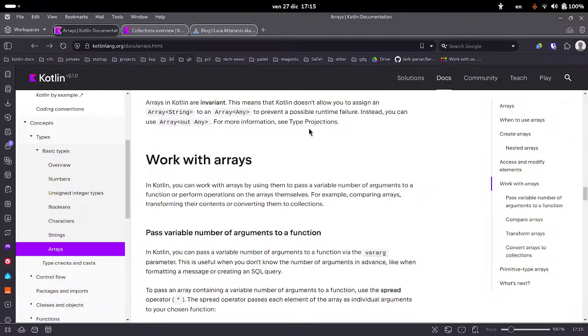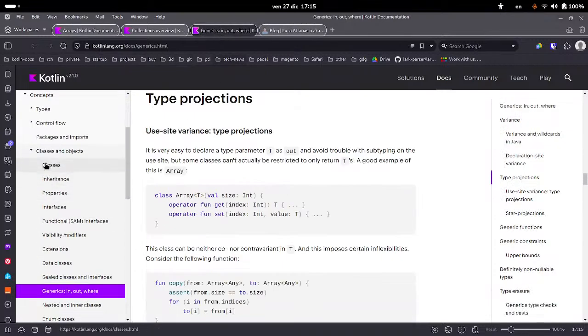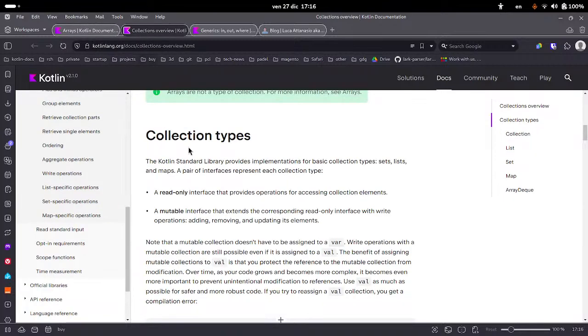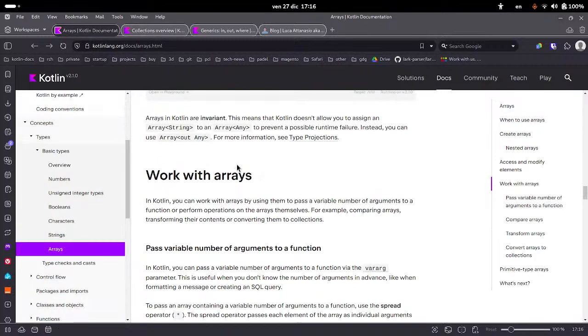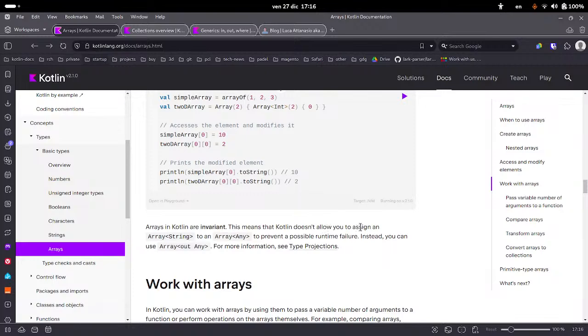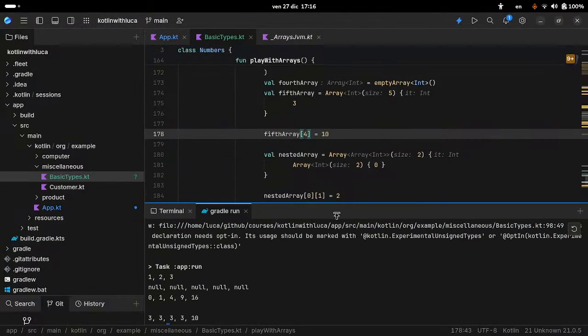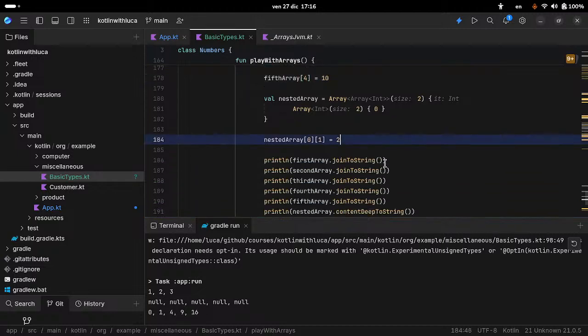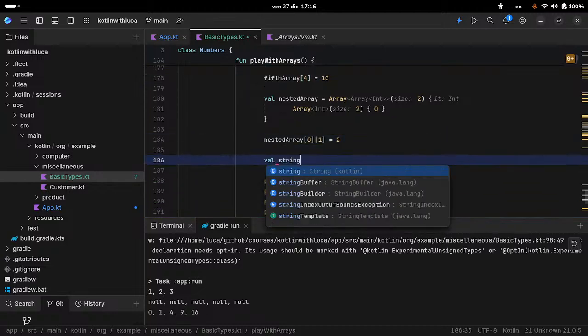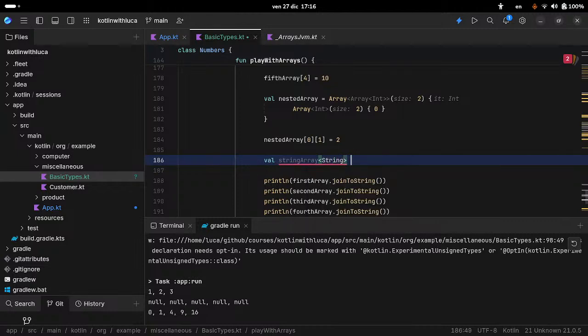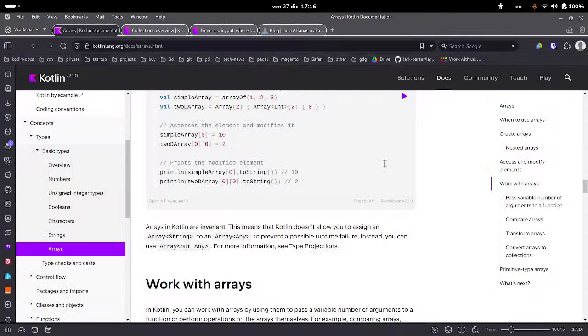For more information, see type projections. Generics, we will be looking at them in later episodes, so I don't think it's good to check this, but maybe you can try. So it doesn't allow you to assign an Array<String> to an Array of Any. Maybe we can try a string array, say arrayOf,